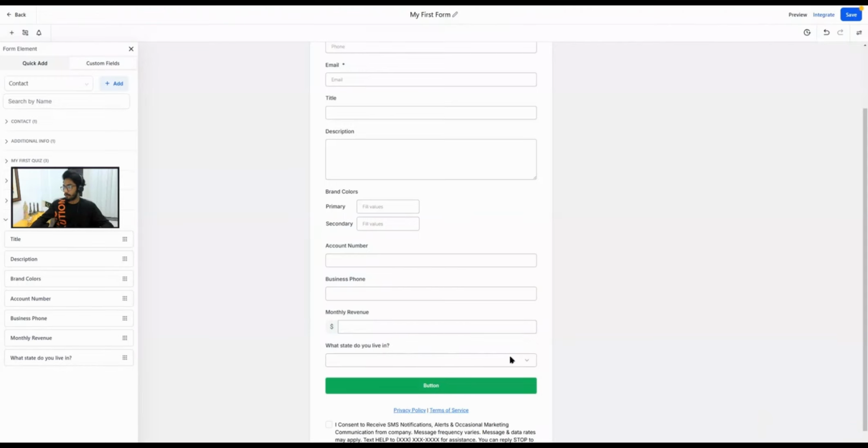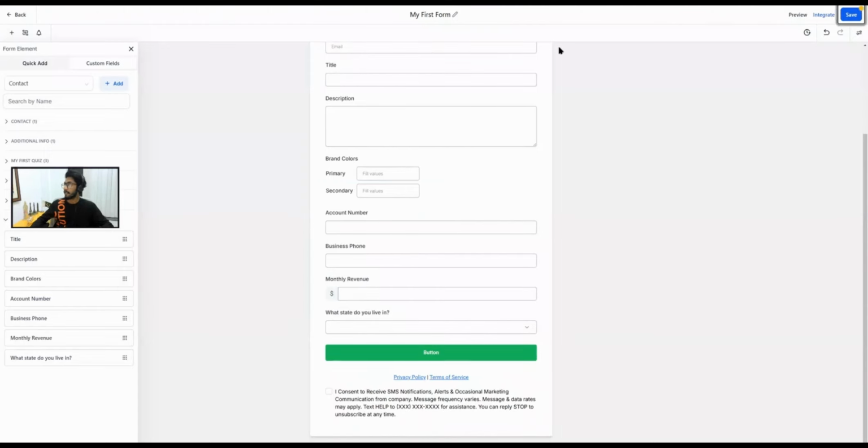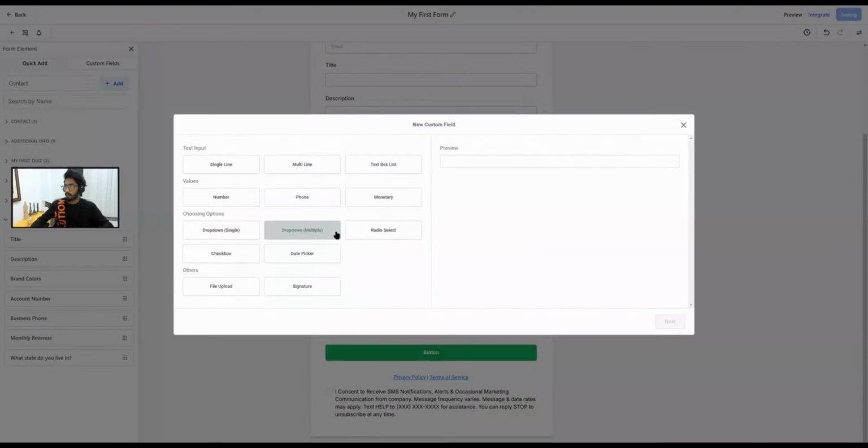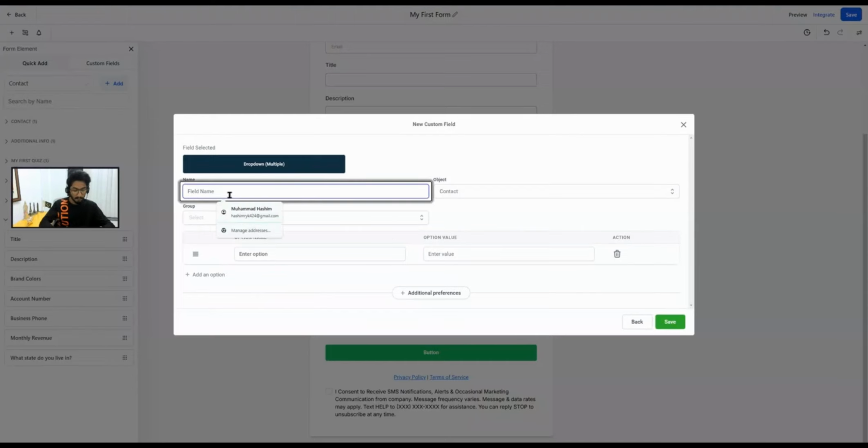So there would be a drop down when we will be taking the preview. I will show you how it's going to look like. But let's add the next one, which is drop down multiple. It's going to look like the same as the drop down, but you would be able to select multiple options from here. So let's just call it what services